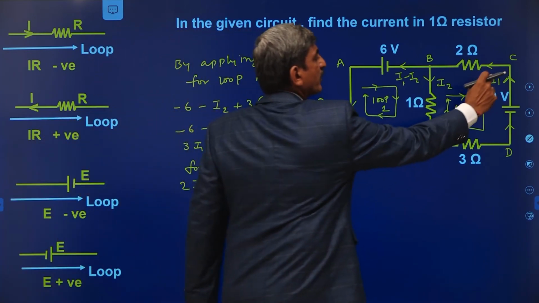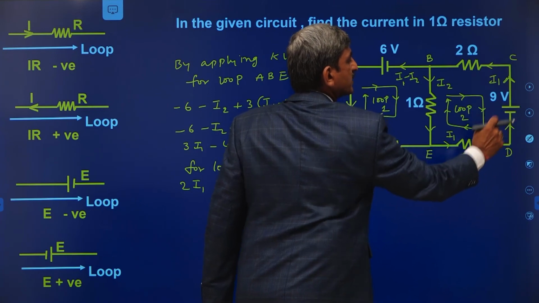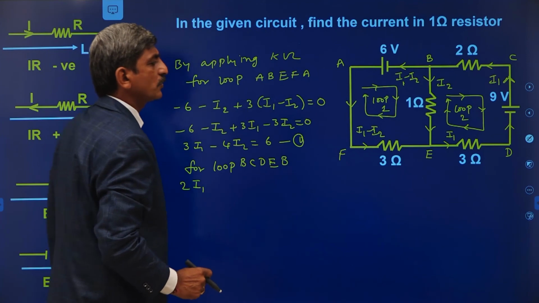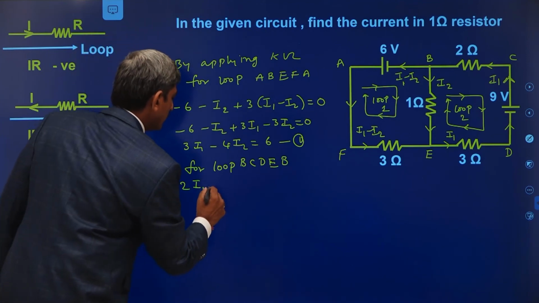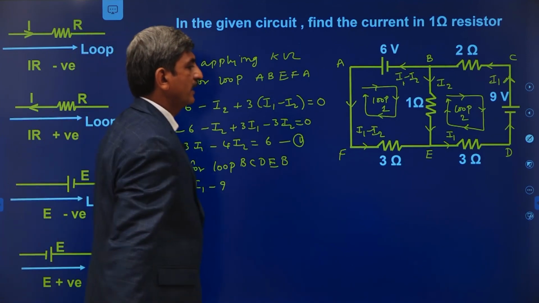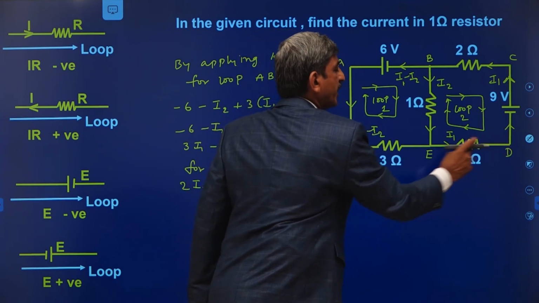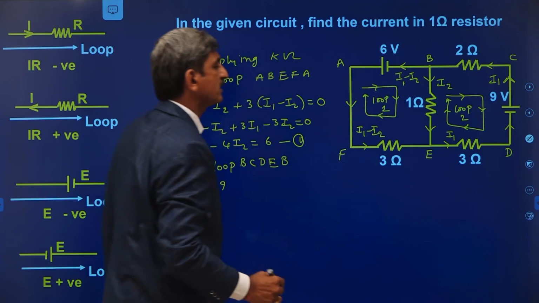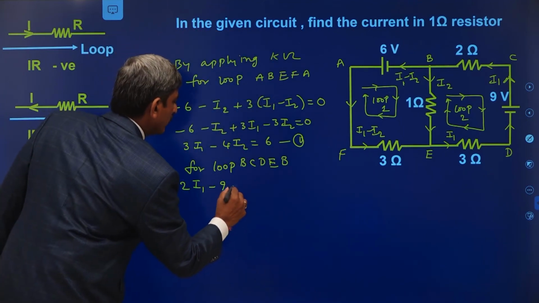And when we are moving from C to D, there is only a cell. That too, we are moving from the positive terminal to the negative terminal, so that EMF is negative, minus 9. Next, when we are moving from D to E, the direction of the loop and the direction of the current are opposite, so IR is positive, plus